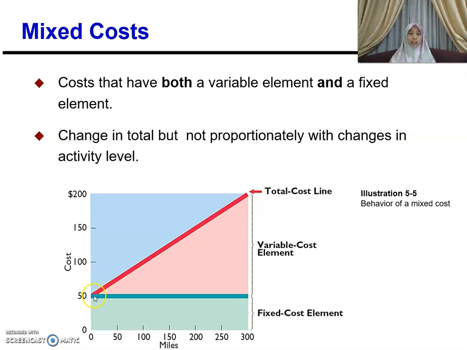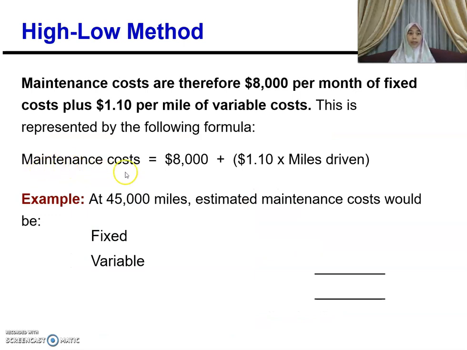In that case, your fixed cost is 8,000. And then what is this one? The slope or the gradient. The gradient is 1.1. y equals a plus bx, where b is your beta, alpha plus beta x. That will be your slope. Your slope is 1.1, and then times your x, which is your level of activity. So you can put that in this equation. That will be 8,000 plus 1.1 times your x. x is your